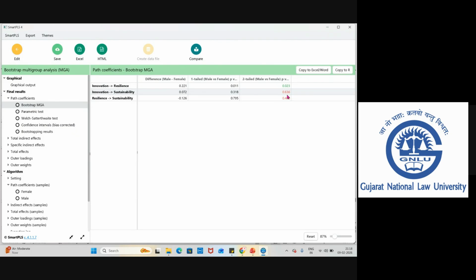But somebody asked me, sorry, here we got minus. What does it mean? As compared to males, females have high resilience. However, whatever difference that we have, it is negligible. As a result, we didn't get a significant result. Let me read this particular point.